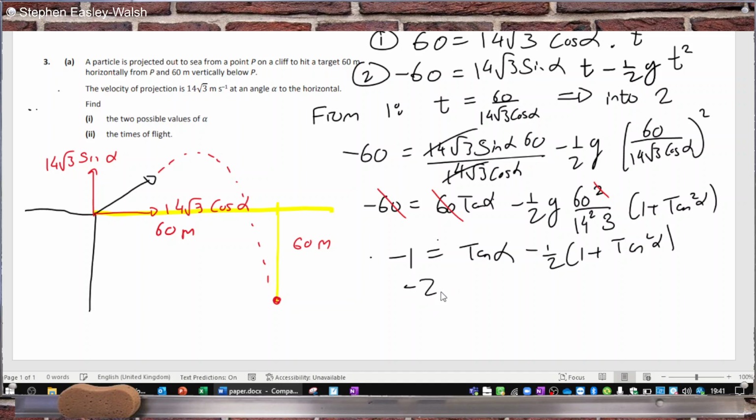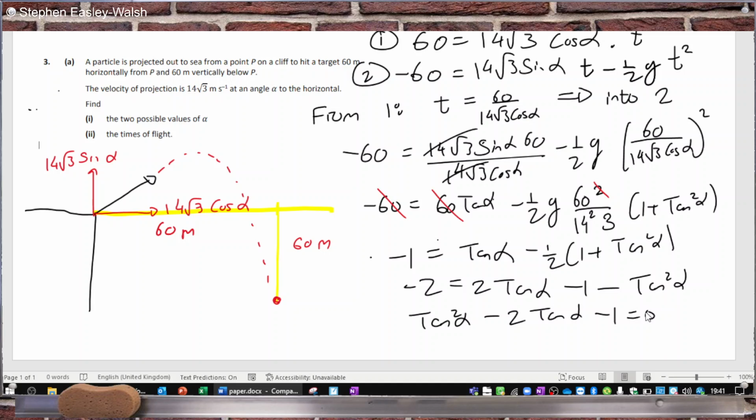So multiplying by 2, you get minus 2 equals 2 tan alpha minus 1 minus tan squared alpha. So you've got tan squared alpha minus 2 tan alpha minus 1 equals 0. Kind of hoping it would be nicer answers, because right now this is a quadratic, so you'll end up getting alpha equals tan inverse when you solve this quadratic 1 plus or minus root 2,